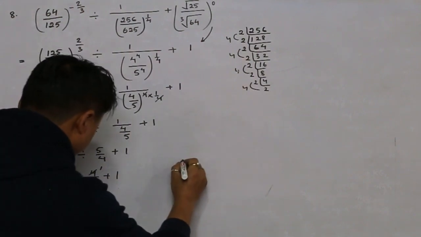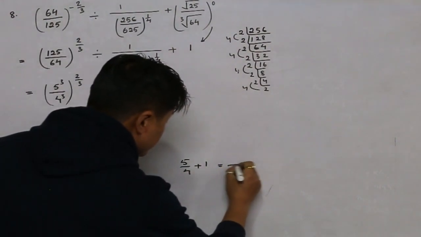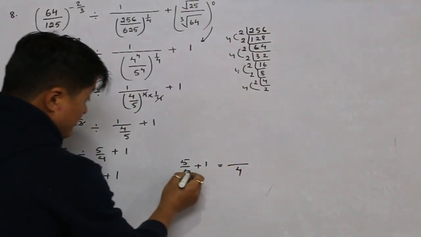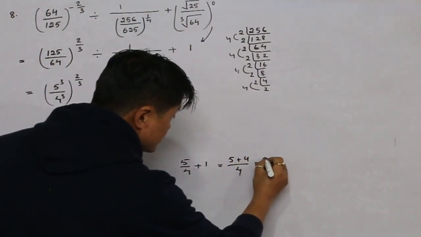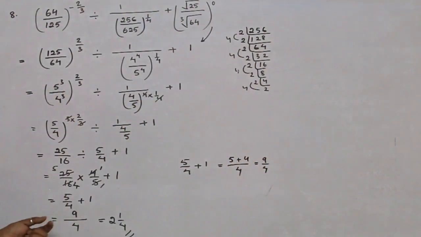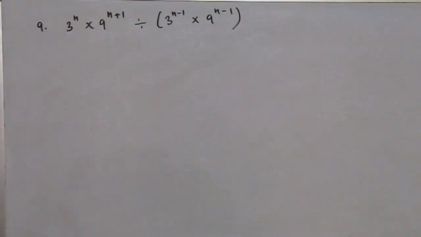So if you have 5 upon 4 plus 1, if you take the LCM, this will be 4. This will be 5, 4 1s are 4, equals 9 divided by 4. So anyway, we can directly do 4 1s are 4 plus 5. If it is minus, 4 1s are 4, 5 minus 4 is here 1. This way you can do directly. Clear? Next question, we have 3 to the power n into 9 to the power n plus 1 divided by